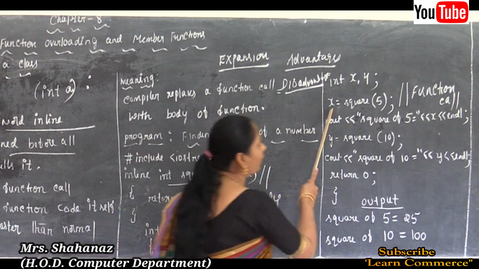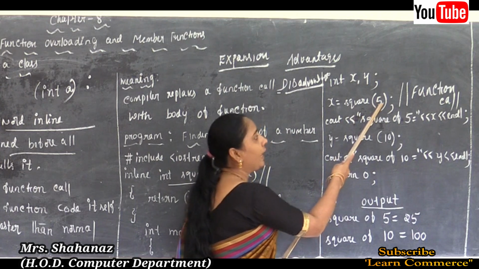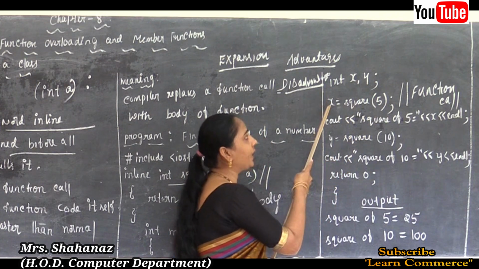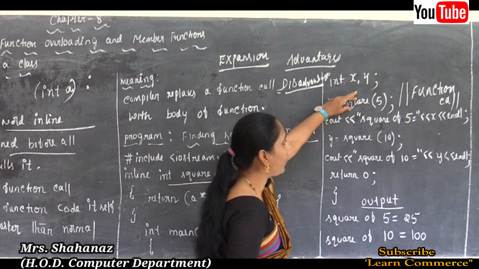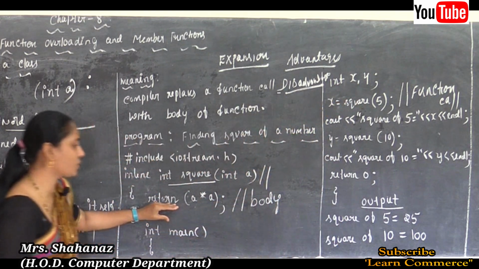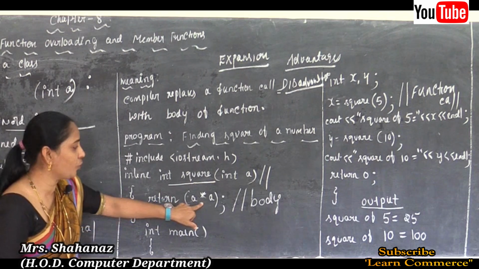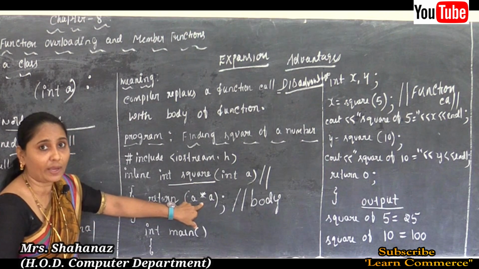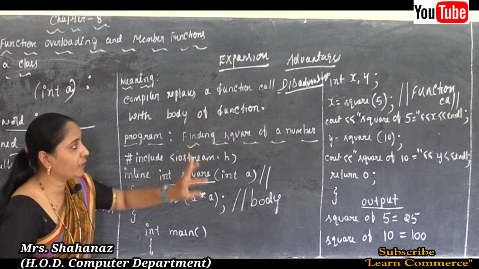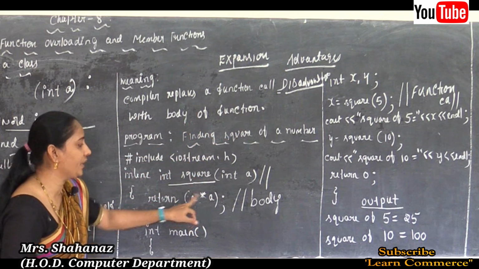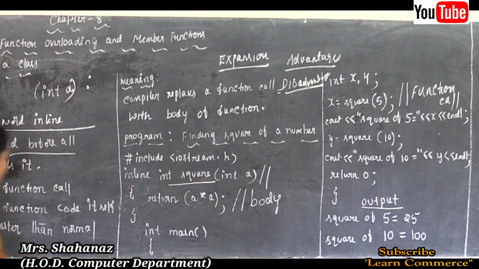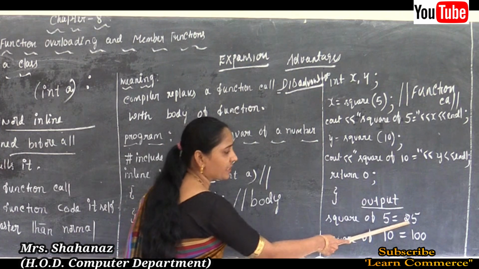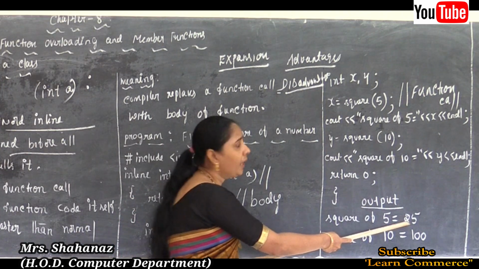So I called the function square of phi, and whatever I call, such one going to add it to the variable x here. So when you are going to call the square of phi, it going to replace in place of the body of the function and going to multiply the value for the square of phi. So here the value I used for the a as the phi. So phi into phi, the value will get as the 25. Clear this point here. So because of this reason, we'll get the output, the square of phi, that is equal to the 25, okay, 25 here.